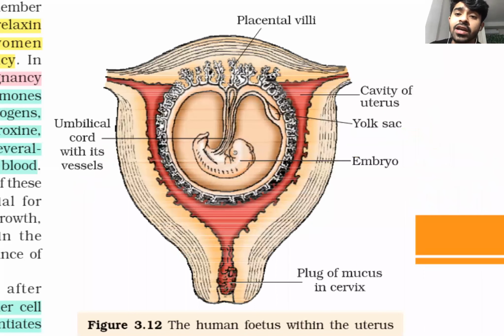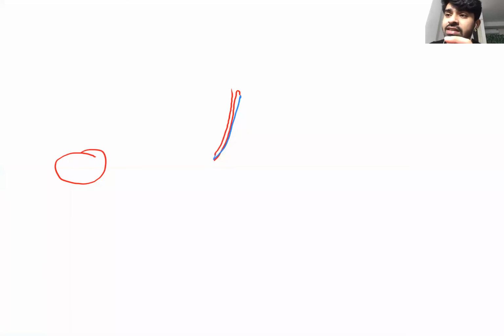Next question is that in year 2016 in the AIIMS exam, they asked, in the umbilical cord, how many arteries are there and how many veins are there? Okay, that is something you have to remember. Yes, this is very important. There are 2 arteries. Please remember, there are 2 umbilical arteries and 1 umbilical vein.